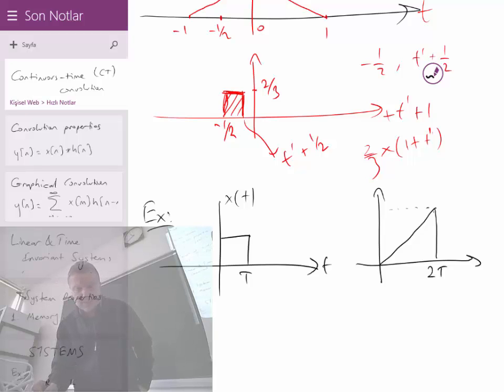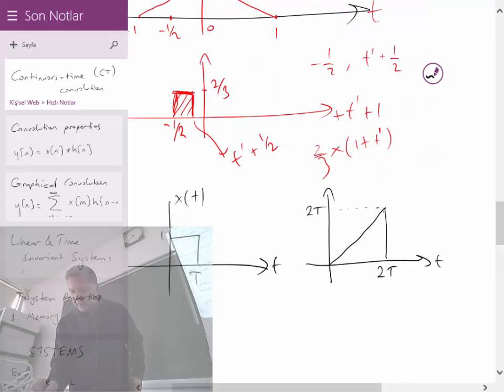It's a steady increase and then abruptly coming back to 0. So when we convolve these two, what's going to happen? It's a headache. This time you flip around this h of t